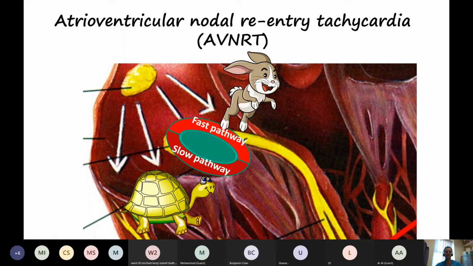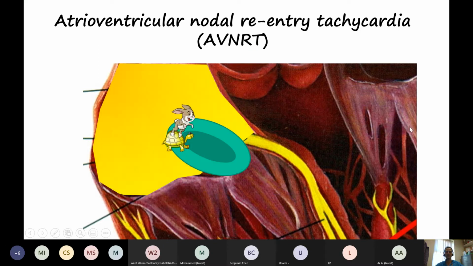And about a quarter of people have got this physiology. Far fewer of them end up with AVNRTs, but it's important, therefore, that we can actually induce the arrhythmia during an ablation in order to know that that is the cause. So we like to stop medications so that we can actually induce the rhythm we're trying to fix during the procedure. So if we just look at how that works in a little bit more detail, imagine the normal situation